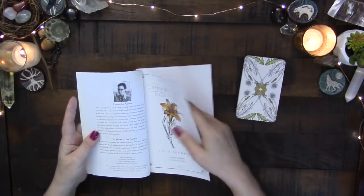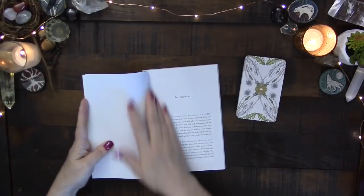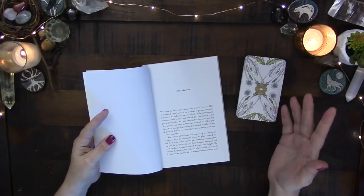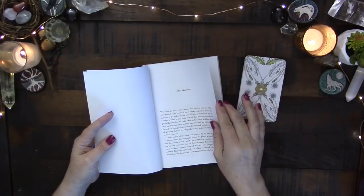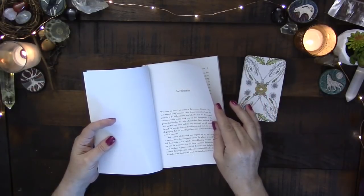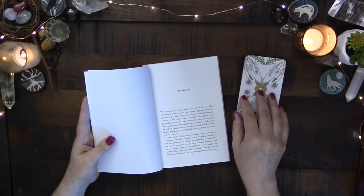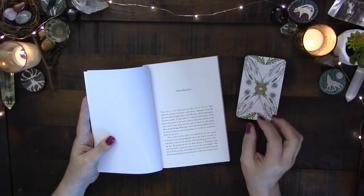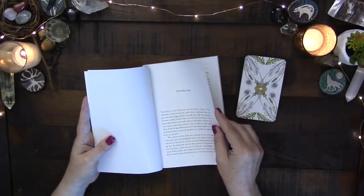The guidebook has, you know, about the author here, and then it goes in. This is what I wanted to read because I really liked this. She says, "Welcome to the Hedgewitch Botanical Oracle. This collection of 40 botanical cards draws inspiration from the grimoire of the Hedgewitches, wise folk who walk the thin spaces between worlds. In this book, you will find descriptions of the plants illustrated on the cards, where to find them, and how they were used in past times and the ways in which we might still employ them. Each lovingly illustrated card in the deck includes an oracle property that can provide guidance to a seeker or meditative